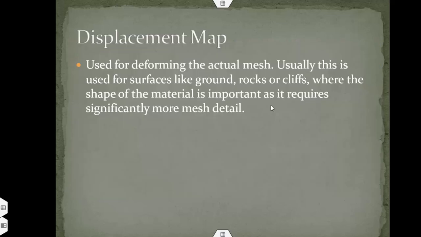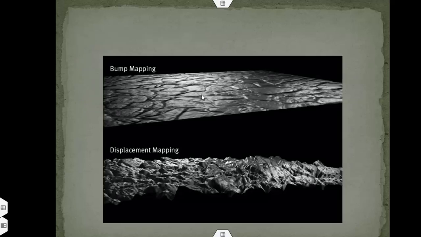The next one is the displacement map. If we have to provide a very huge amount of roughness to any texture, like rocks and cliffs, we provide the displacement map there. A displacement map actually deforms the mesh. It is not an illusion, it actually deforms the mesh. For example, here we can see a bump map, which is nothing but a degradation on images which can provide the illusion. But in the case of a displacement map we can see that actual displacement is provided.